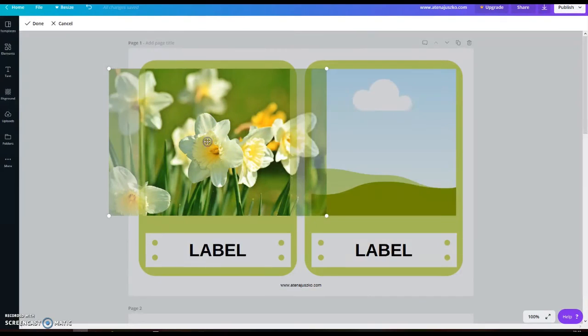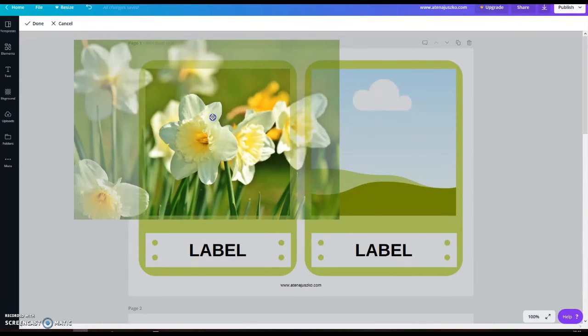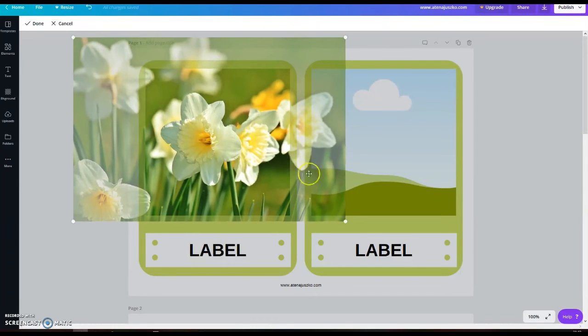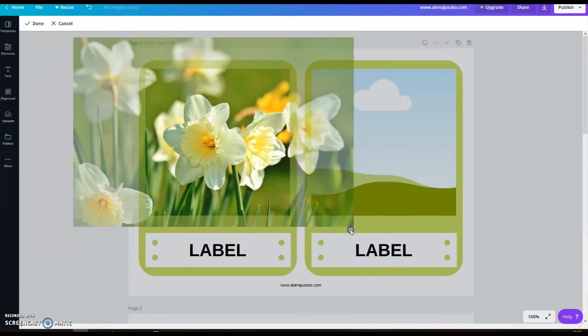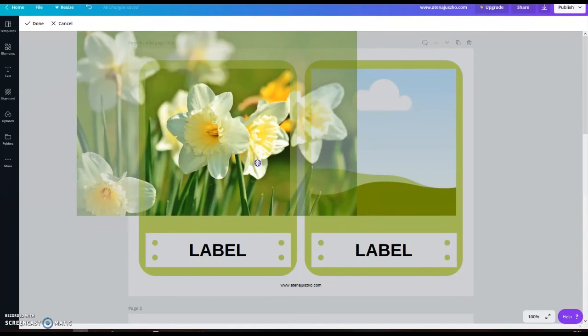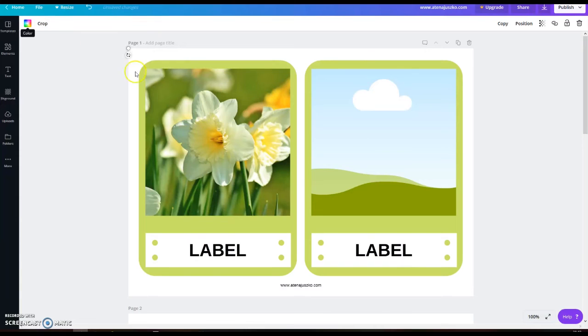So what you do is just double click on the photo, and here you go. This is the photo that I uploaded. Now I just want to make this a little bit bigger to focus more. So what I'm doing is I'm pulling the white dots, making it bigger, and just repositioning it within the frame. So I think this will do, and then just go up here on your left side, click done, and there